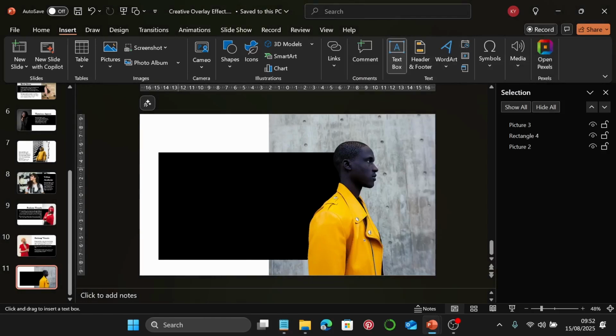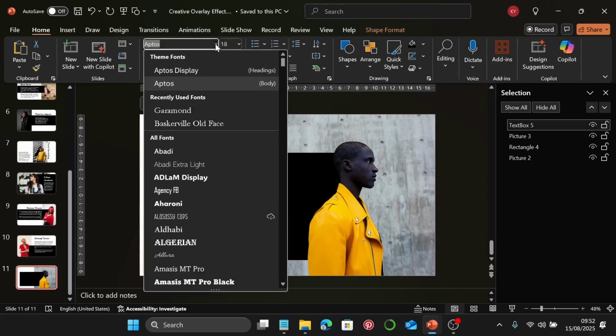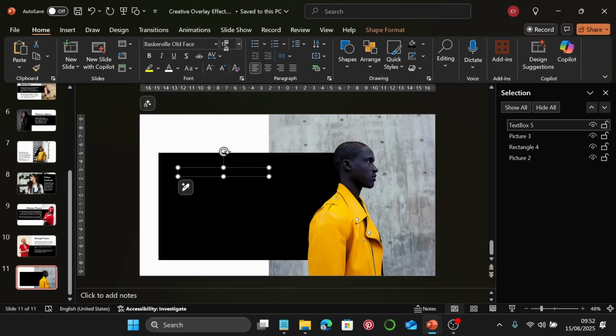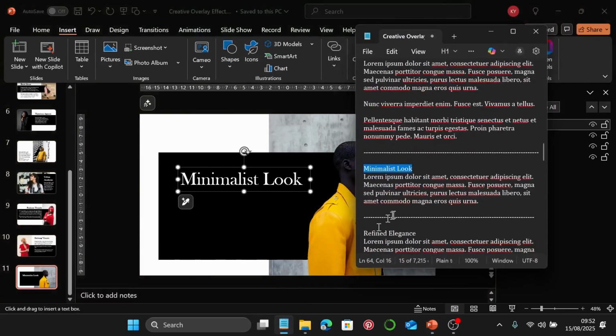and right around, let's say here, I'm going to paste that, select the text box, change this to Baskerville old face, and size is going to be 60. Change the color to white. I'm going to increase the width so that it will fit, and I'm going to go to insert text box, and I'm going to copy the remaining text,